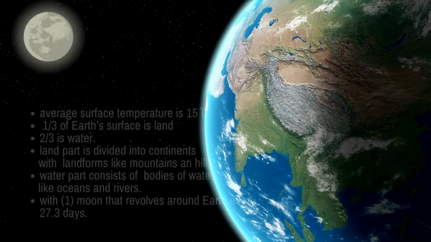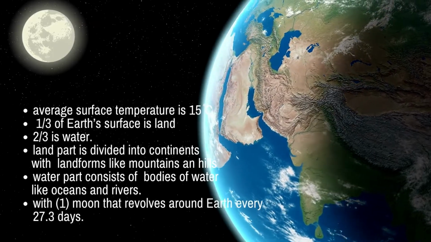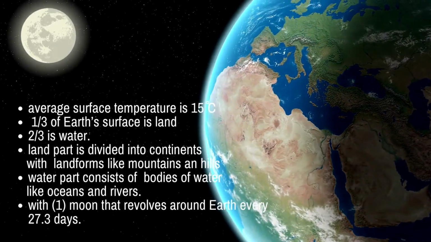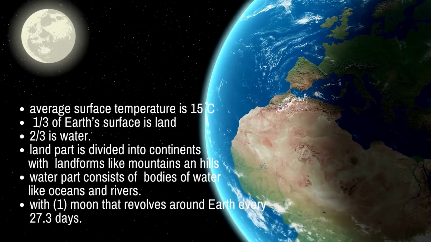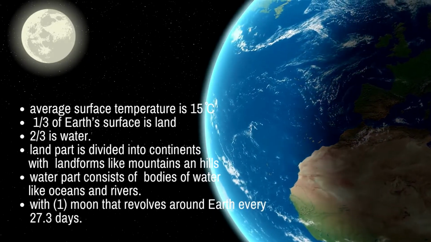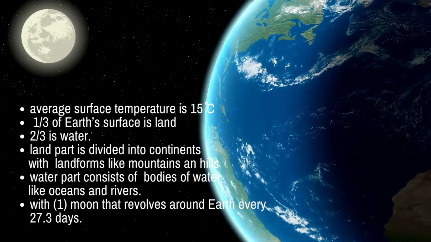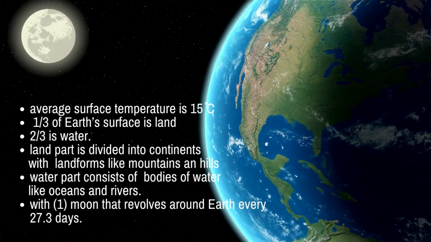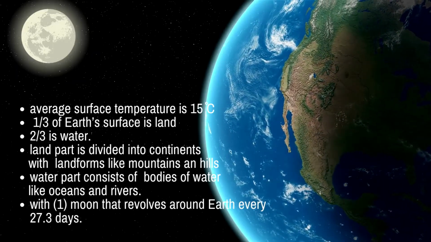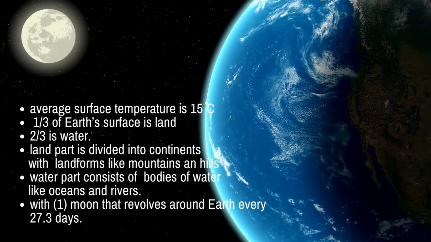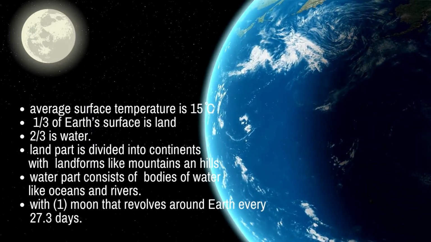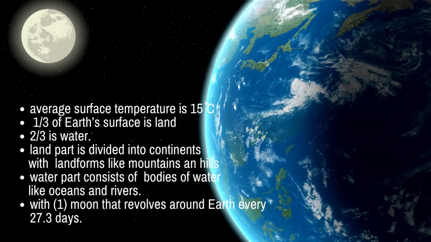Now let's take a closer look at the planet Earth. It has an average surface temperature of 15 degrees Celsius. One third of the Earth's surface is land, while two-thirds is water. The land part is divided into continents with landforms like mountains and hills. The water part consists of bodies of water like oceans and rivers, with only one moon that revolves around Earth